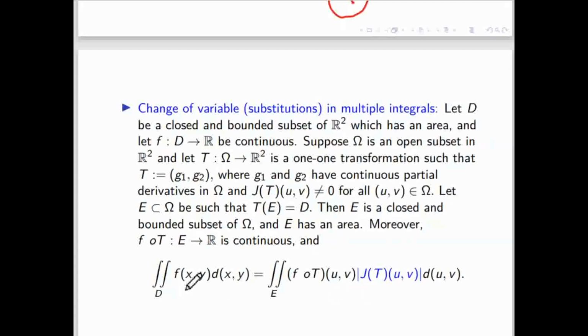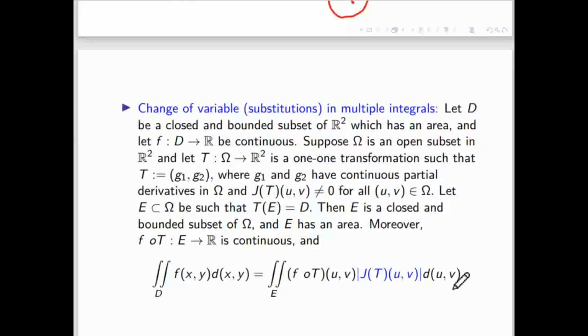Suppose any integration, double integration, even triple integration, same result. The function is given and you have to integrate in x, y; it is written this way because we don't know which order we have to integrate. Here also it will change to du, dv, and which order depends on the limit. So first change the function, whatever transformation is given, and replace it. The function will completely change in u, v. And whatever is written here in blue color is the Jacobian of u, v. If you find the Jacobian and multiply by du dv, that is exactly equal to dx dy. So the change of dx dy is the same as the Jacobian times du dv.